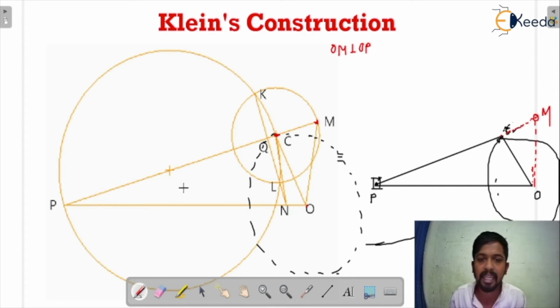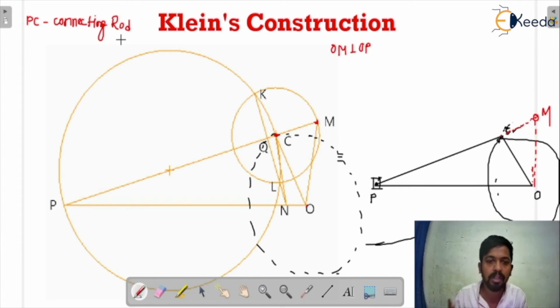How have we drawn this bigger circle? See, this PC, we all know that PC is the connecting rod. By assuming the length of the connecting rod is equal to the diameter of the circle, you just have to draw a circle. Okay, so how can you draw it? What would be the center? The half of the length. Okay, this would be the center. That means this is half length and this is half length of the diameter. That is the radius of the circle.